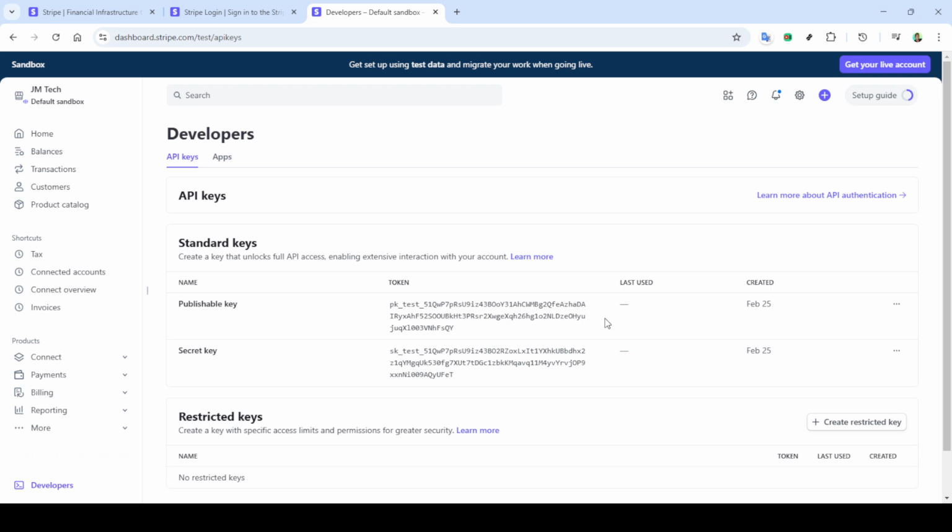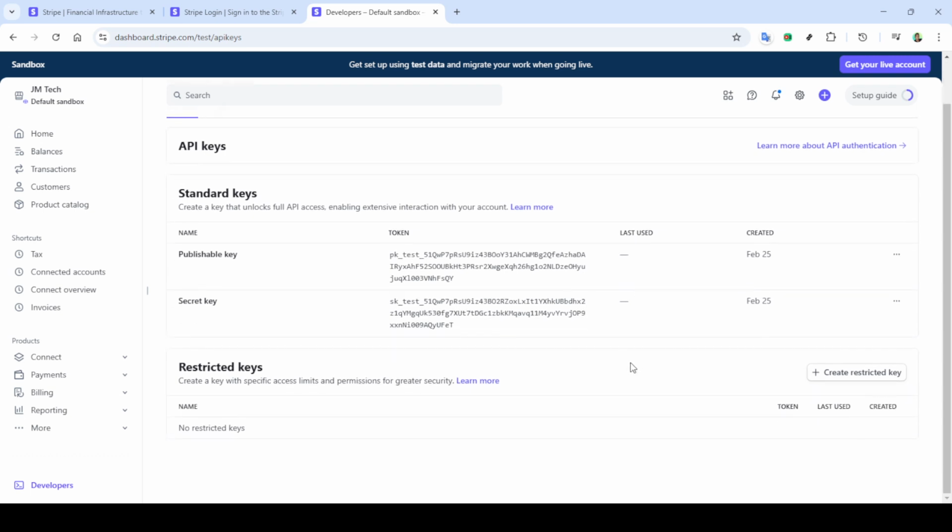And there you have it. Locating your Stripe publishable and secret API keys is as straightforward as that. By following these steps, you've unlocked the potential to integrate Stripe's robust payment capabilities into